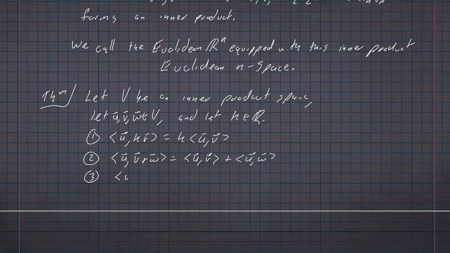We have the inner product of u minus v with w is equal to the inner product of u with v minus the inner product of u with,